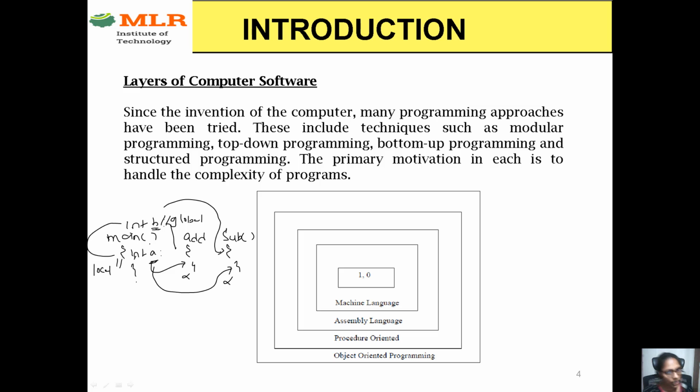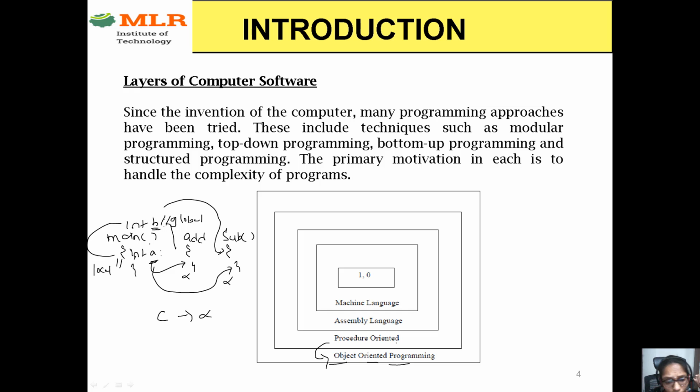Now I want to share a data item c only with the main function and the add function. Here I don't have any facility to share my data only with specific functions. That is the problem with procedural programming. Either you can declare your data as local or as global. But if we want to share our data only with particular functions, it is not possible. And coming to the next programming paradigm, object oriented programming.